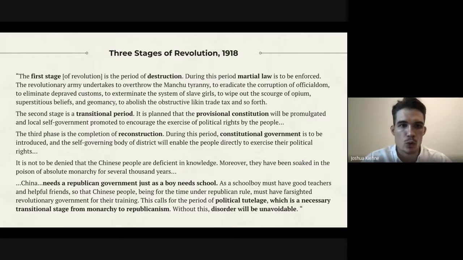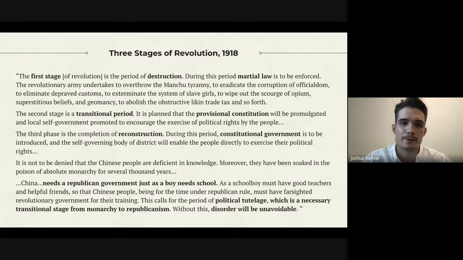We have martial law, we have the revolutionary army taking over, we have the eradication of corruption. Opium was a major issue, and we have the system of slave girls and depraved customs exterminated, completely destroyed. So you can think about this period as the early period of Yuan Shikai's rule, where we really have this period of complete destruction, the complete removal of the old dynasty,